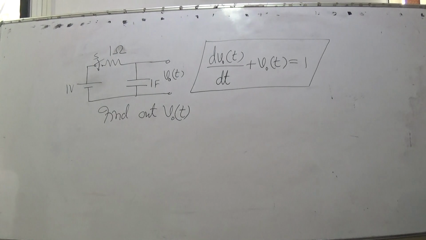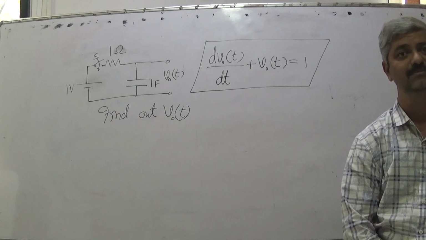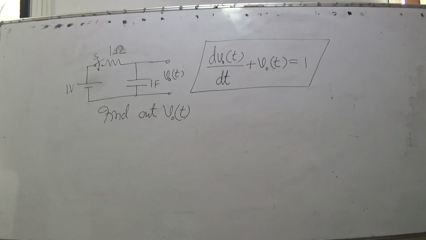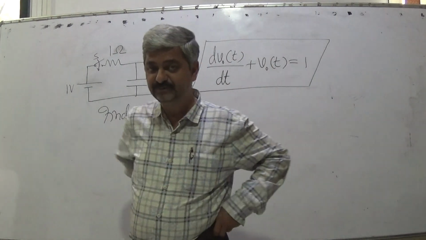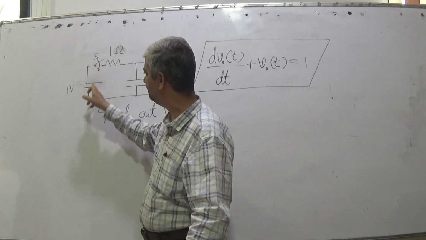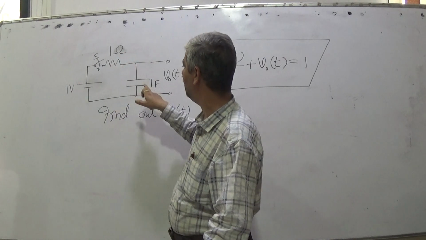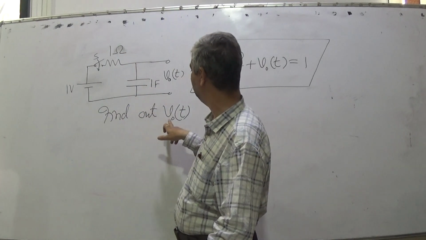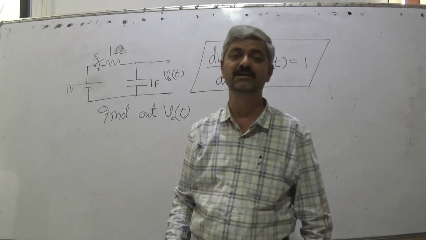My question is whether the description of the problem is complete, whether I have fully described the problem or not. Those who want to answer on their own can pause and continue after thinking for some time. Those who don't know need not pause and can continue listening. I repeat the question because it is very important. If I connect a 1 volt voltage source with the help of a switch to an RC circuit as shown in the figure, consisting of R of 1 ohm and C of 1 farad, what will be the expression for v0(t) if the switch is closed at t equal to 0?